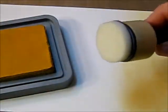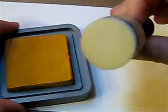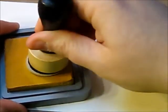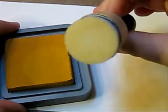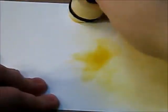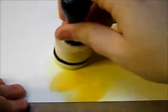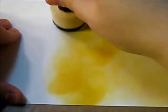Okay, I go into some fossilized amber. So this is a fresh foam, and you'll see as you tap it on there, you build up that color a little bit. I kind of want to prime it on there a couple times. This ink pad seems on the drier side too, so maybe that is just a quality of the Distress Oxide ink that isn't so much a part of the regular Distress. That's pretty smooth and glides over the surface. It shouldn't really matter on the paper, but...